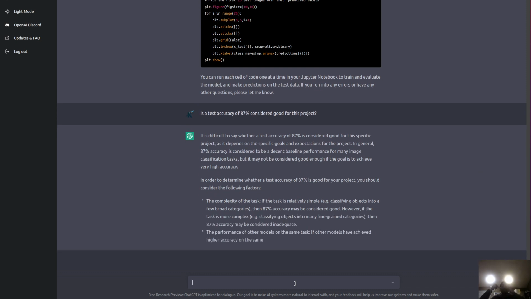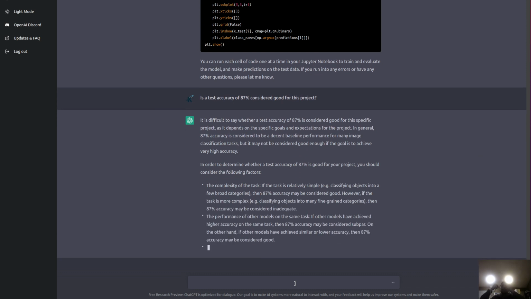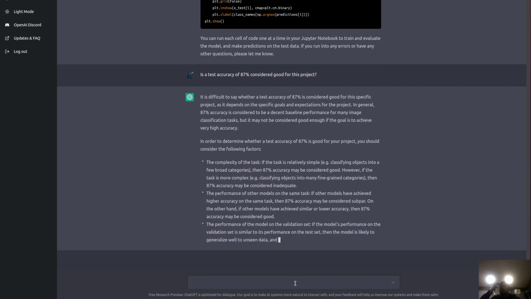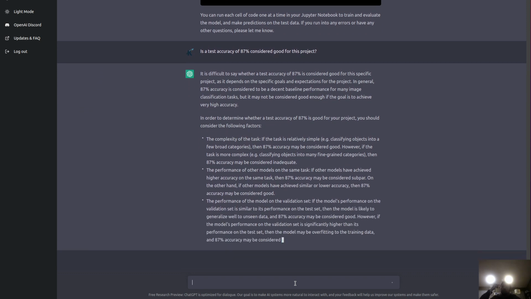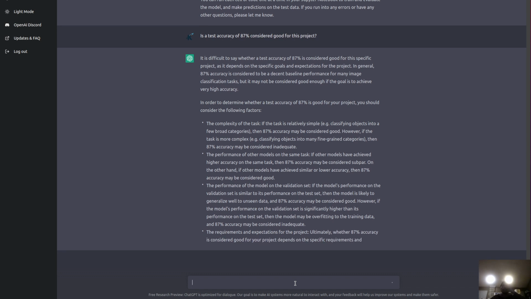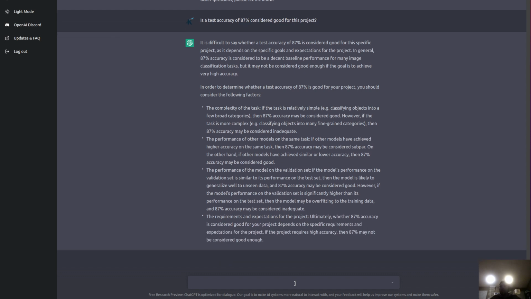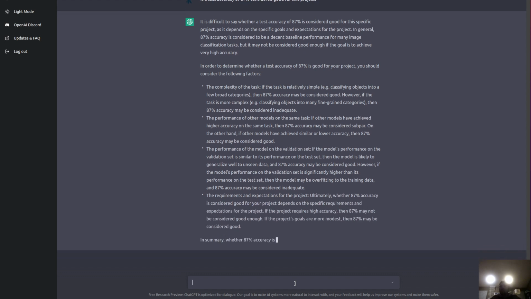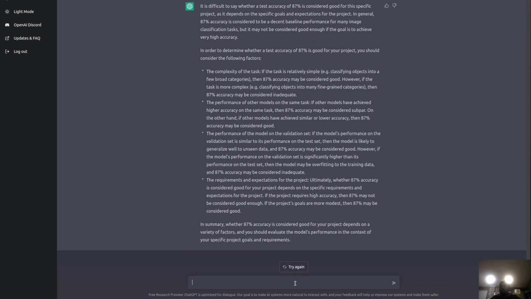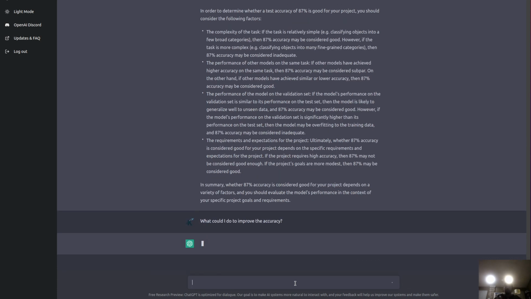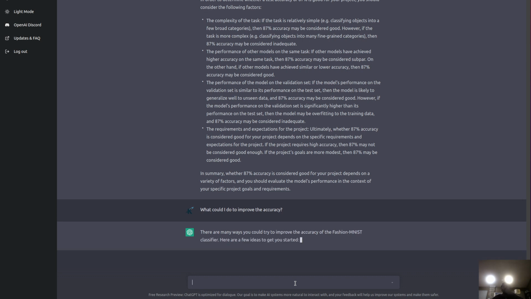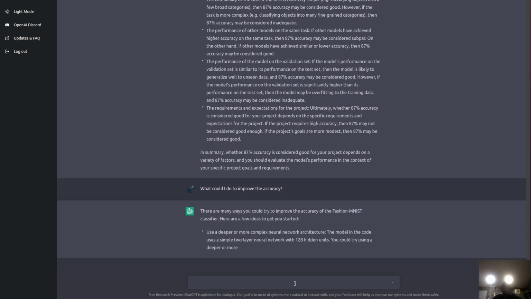Consider the following facts: the complexity of the task, performance of other models on the same task, performance of the model on the validation set, the requirements and expectations for the project. Wow. Okay. What could I do to improve the accuracy? Use deeper, more complex models.